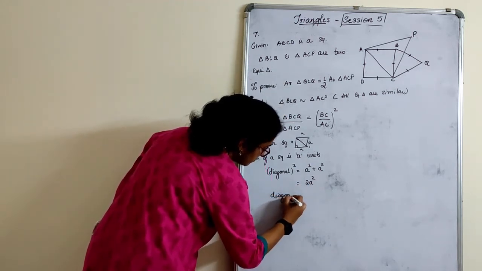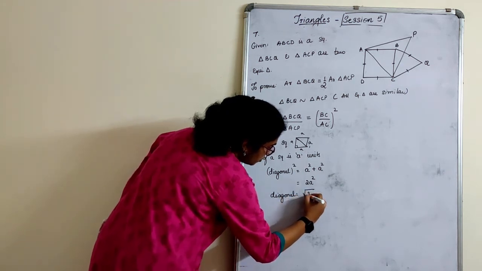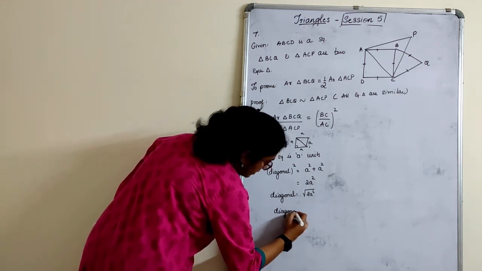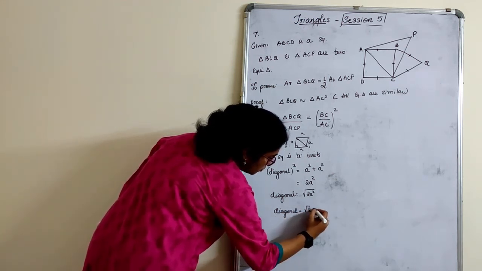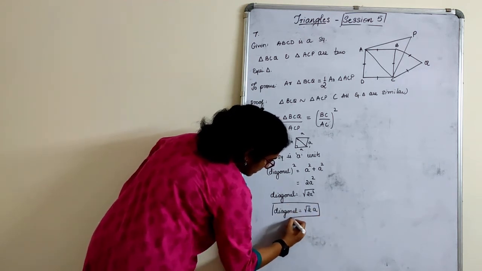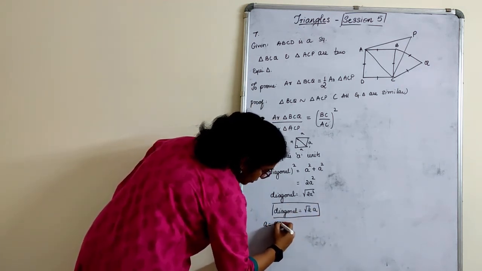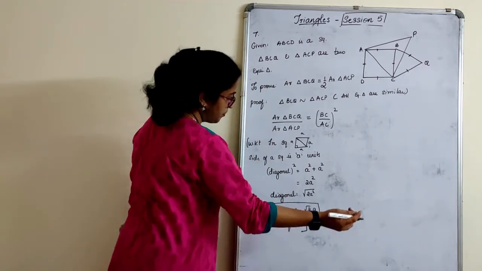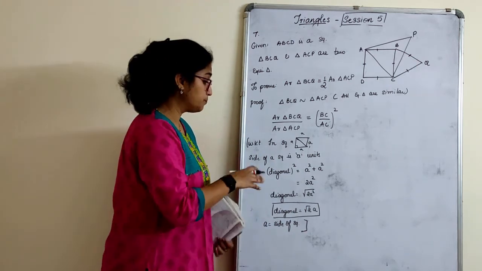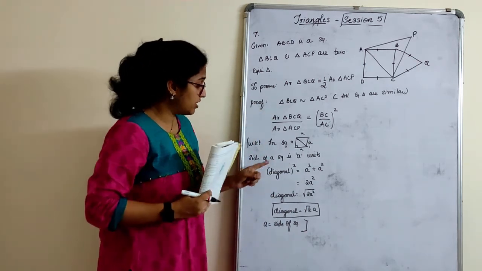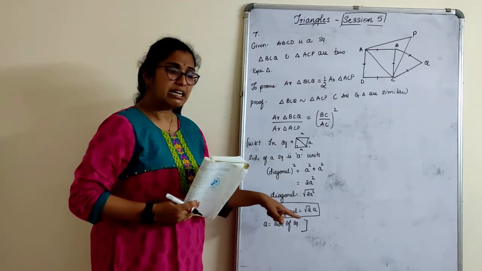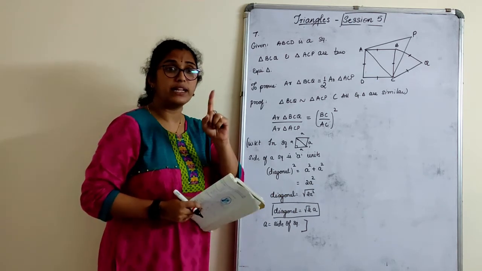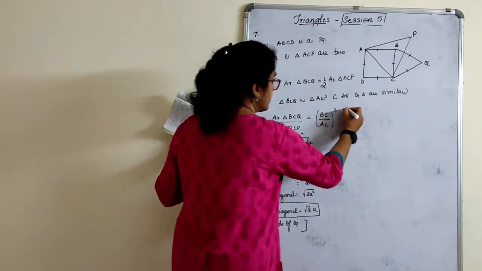Diagonal is equal to root 2a square. The measure of the diagonal of a square is root 2 a, where a is the side of the square. Remember this, children, always. You do it once in your notebook now. But tomorrow in examination, if this question appears, this need not be written. Directly you can write that the diagonal of a square is root 2 a, where a is nothing but any one side of a square. Let's substitute in this.